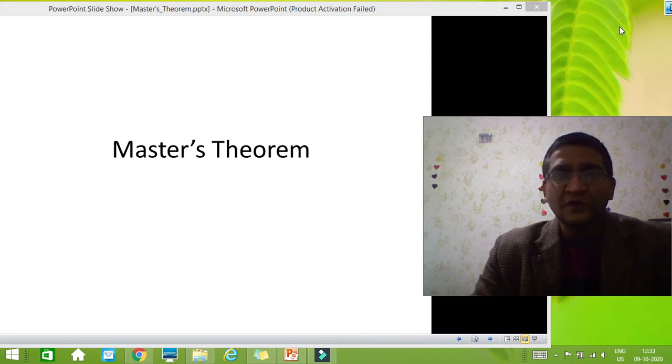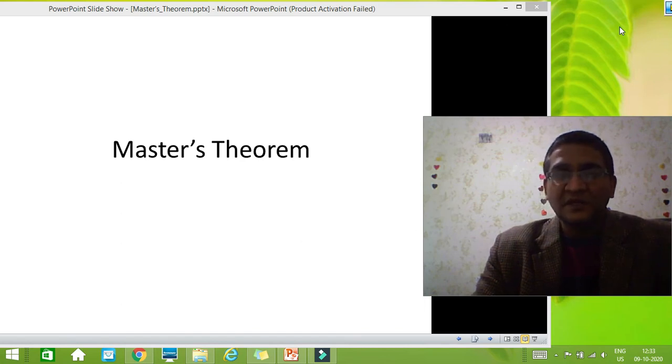When we talk of recursive algorithms, or whenever we talk about recurrence relations, we have one function which calls itself. When we talk of recursion, we have a function which calls itself, and there is an exit point. And the nature of this recursive function is reducing. It keeps on reducing, so that at some point it will be able to exit.